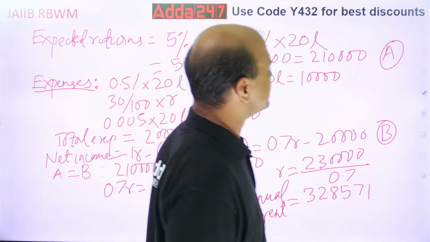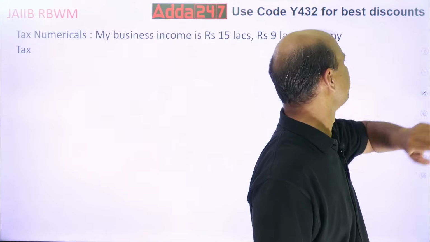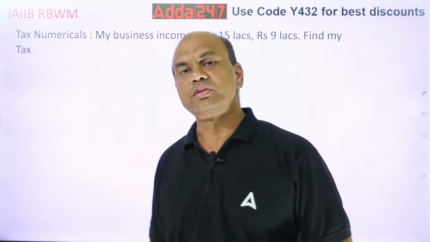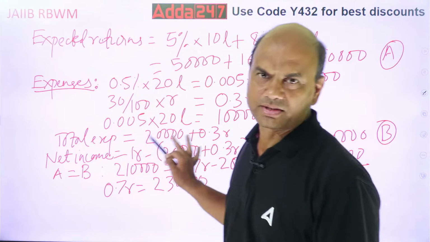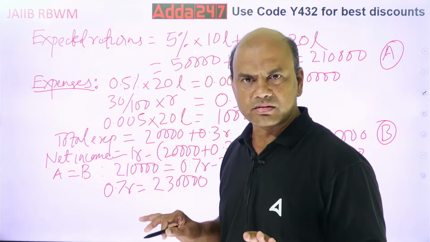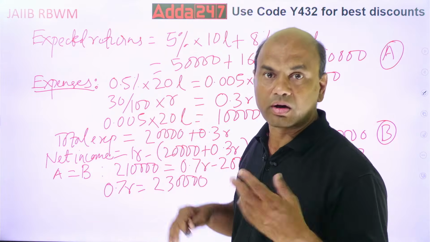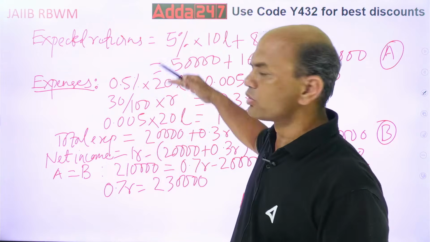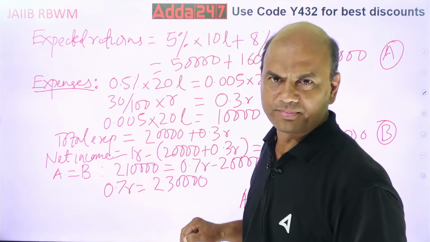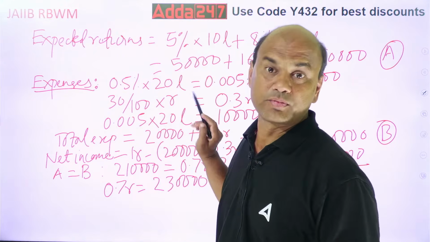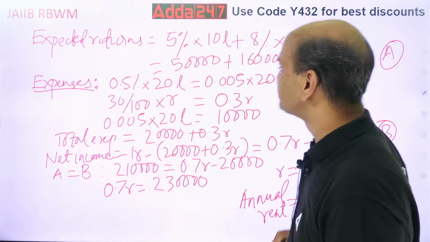Okay. So this is your annual rent. Got it? This numerical on annual rent comes for around 5 marks in the exam. Either it will be for 5 marks or it will be divided into 2-3 parts and they'll give you something or the other here and there. But something will be there of this sort. Okay. Next,